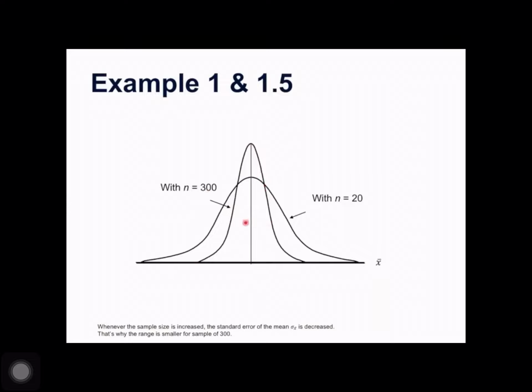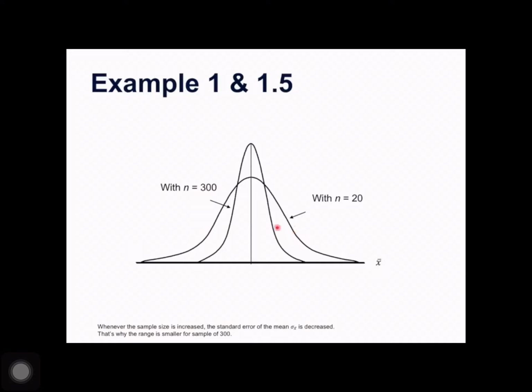My 95% confidence was right in this range here because I had such a big sample. And so I'm quite confident with 300 being sampled that I'm really measuring the population average of 80,000. But when I only have 20 people in my sample, now it's still a normal curve, but look what's happened to the range. There's this gap between what I could have had with 300 and what I do have with